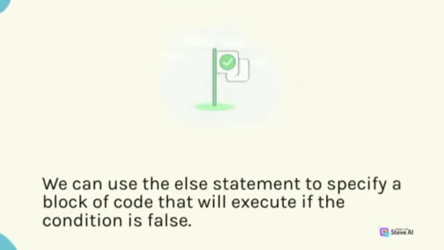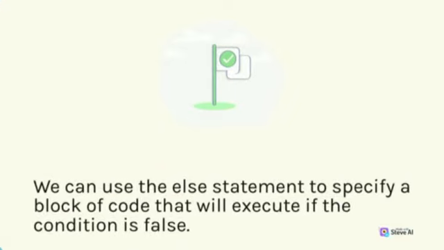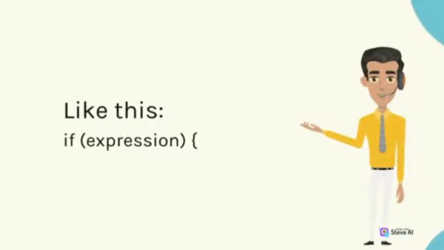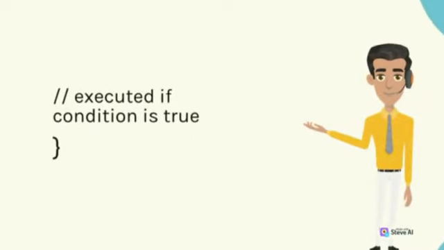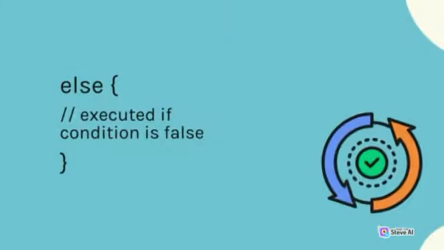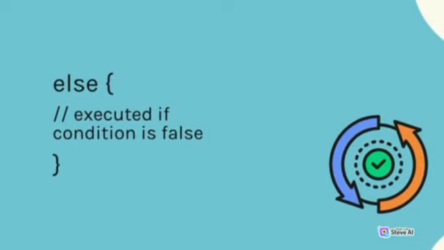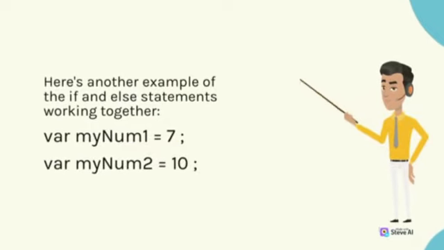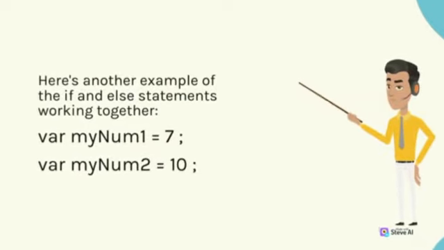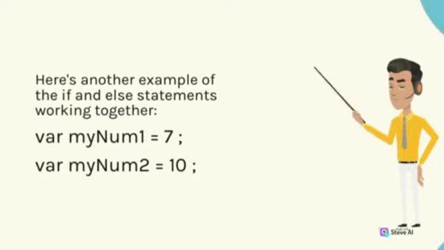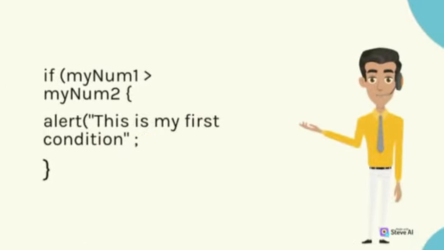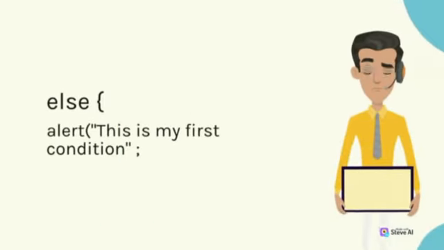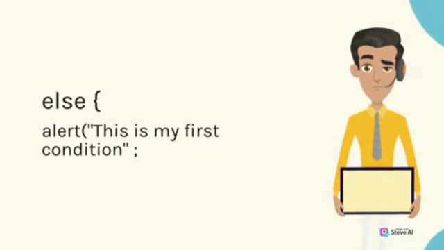We can use the else statement to specify a block of code that will execute if the condition is false. Like this. if (expression) { // executed if condition is true } else { // executed if condition is false }. Here's another example of the if and else statements working together. var myNum1 = 7; var myNum2 = 10; if (myNum1 > myNum2) { alert("This is my first condition"); } else { alert("This is my second condition"); }